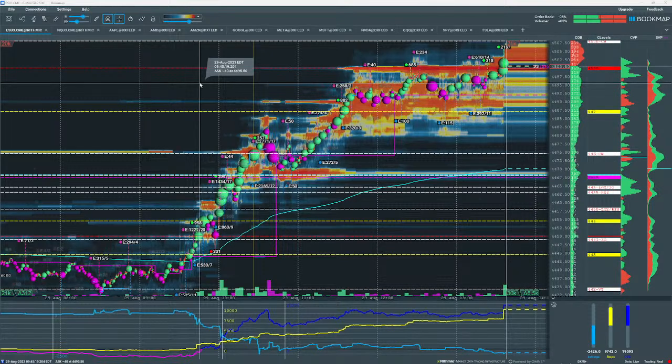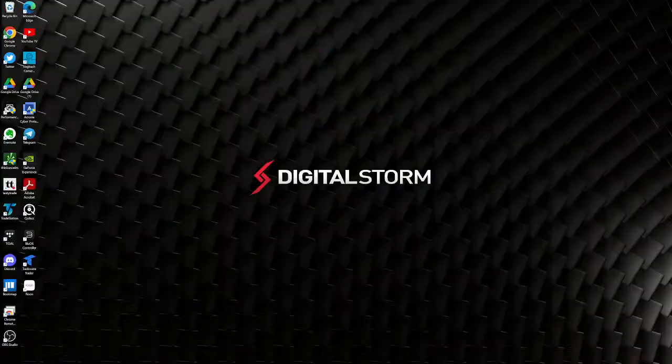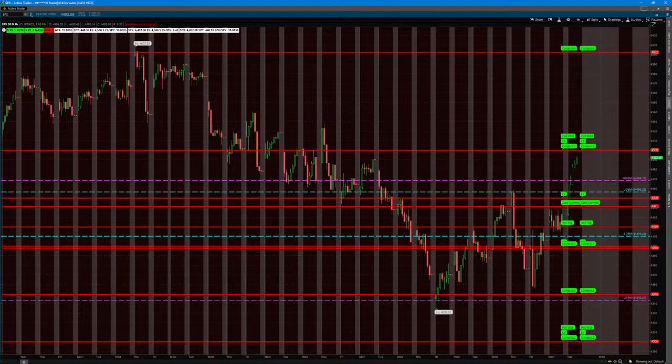Before I take a closer look at this chart, I want to take a look at a larger time frame. I'm going to go to a Thinkorswim chart so I can see a larger time frame here. This is the SPX in a 30-day, 1-hour chart. Let me point out some things on this chart. First of all, this rally began